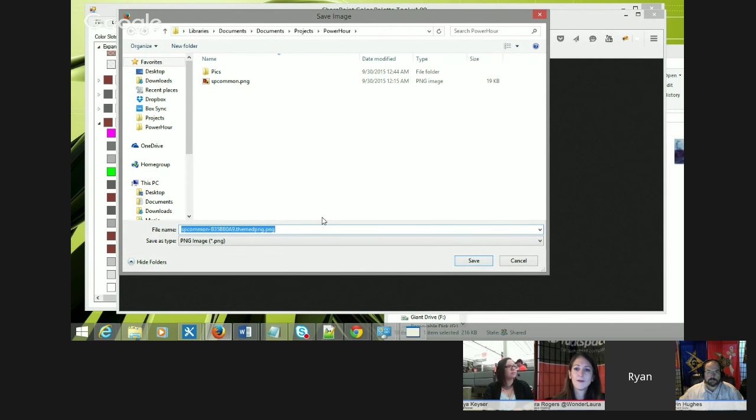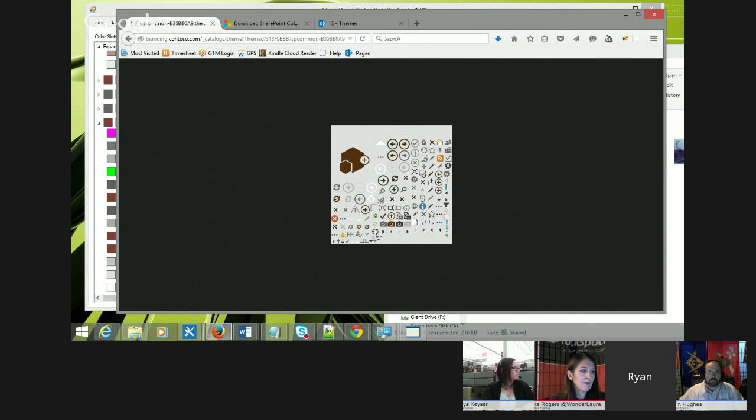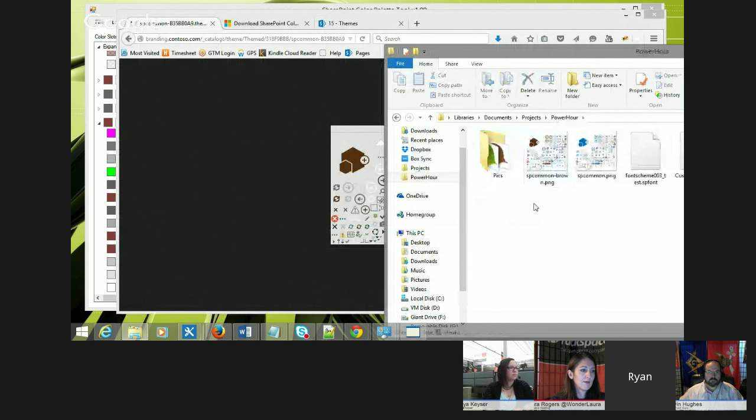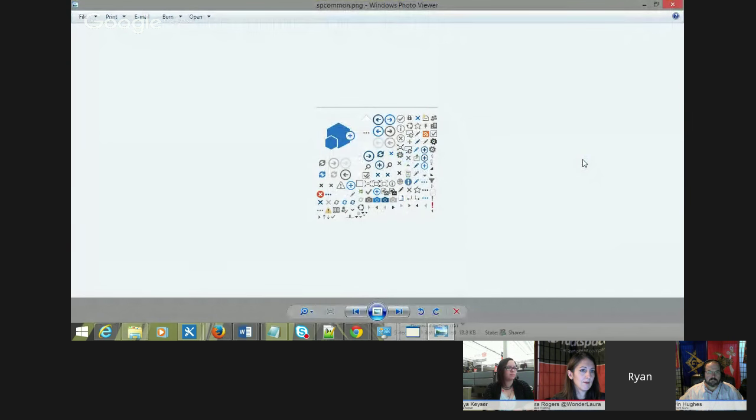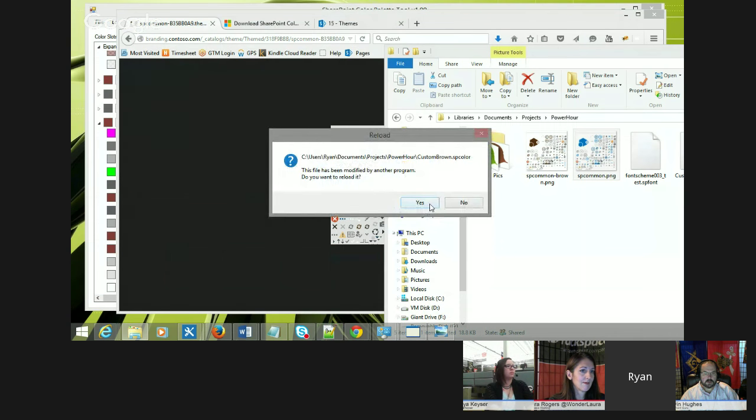It's called SP Common by default, and let me just fire this up in Picture Viewer. So here's the out-of-the-box one, and here's my themed sprite sheet. There's this one, and there's one for social, spsocial.png is what it's called. For a lot of the social icons, it'll get themed. So what I would do is use this sprite sheet in my style sheet, and the way I could do that is